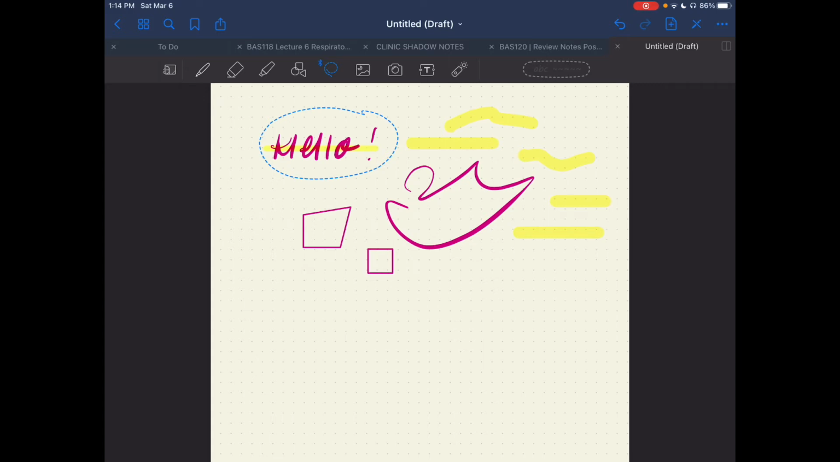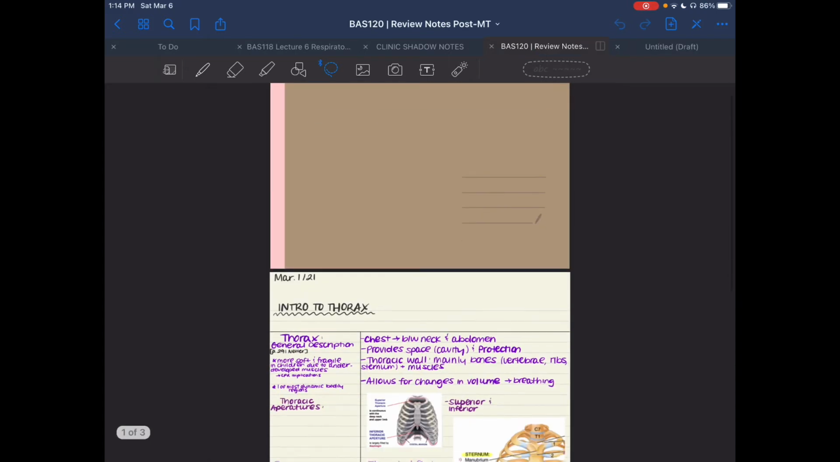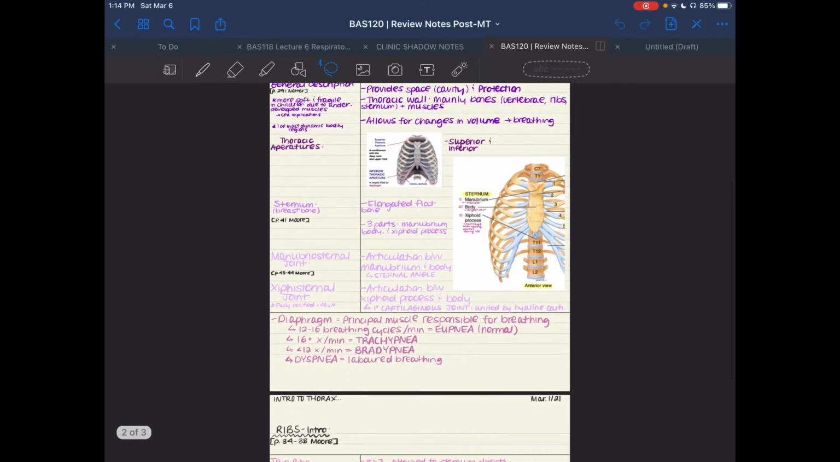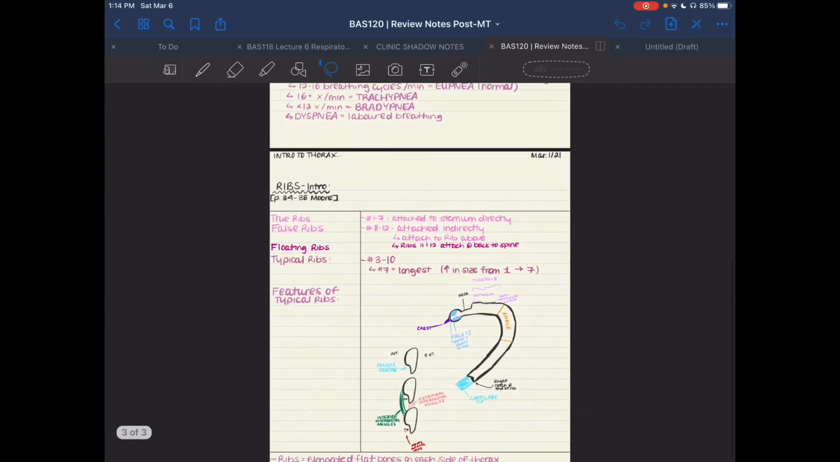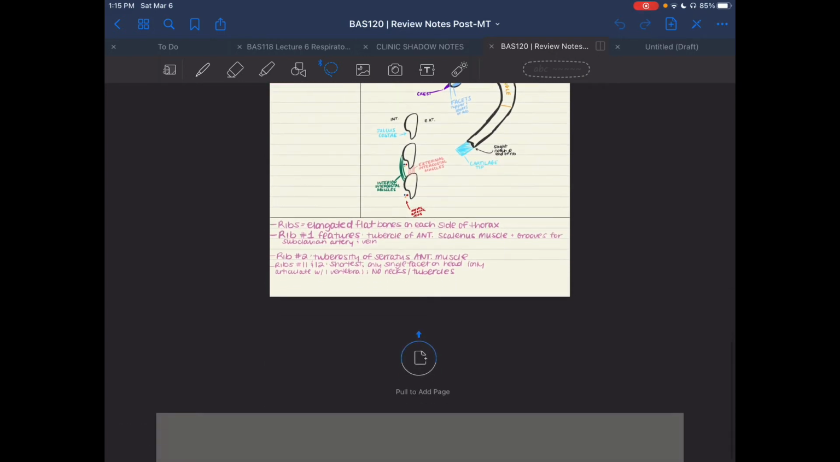So I'll actually take you over into a notebook that I already have open here. These are my review notes that I've started. The other day I started doing Cornell notes for the post-midterm review for anatomy. So I've done some review in here, and then I'll just show you if you slide up like this, you